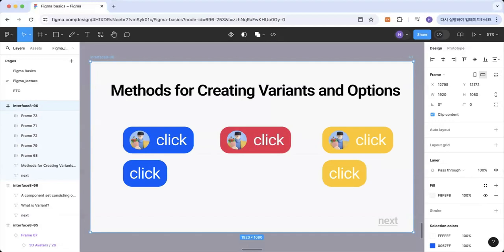Now, let's dive into creating variants in Figma. Variants are super handy for managing different versions of components. So, we will do some exercise practicing from this part. I applied auto layer to create various button shaped frames. Among them, select both blue